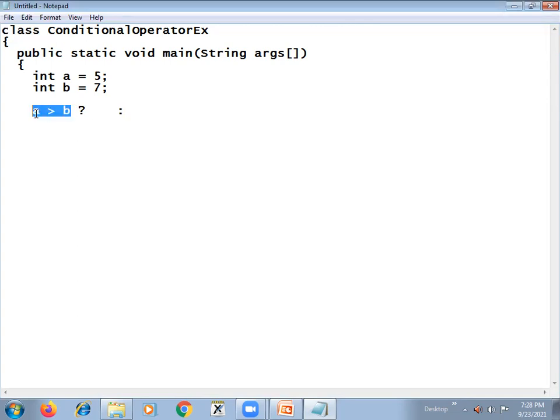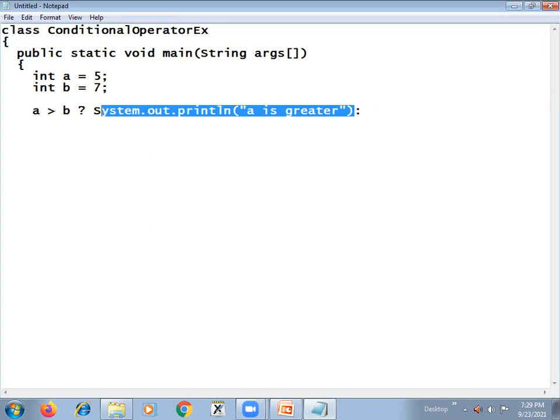Okay, if this is true, what I would like to do is print a simple message, a is greater. So say println. I would like to print here, a is greater. Then if this is false, I would like to print b is greater.